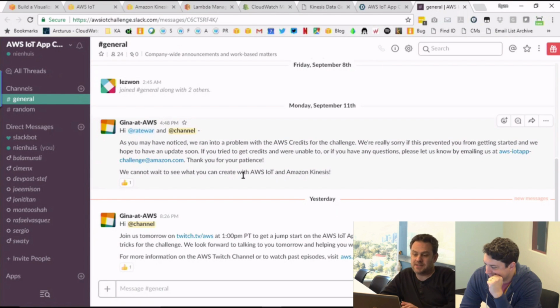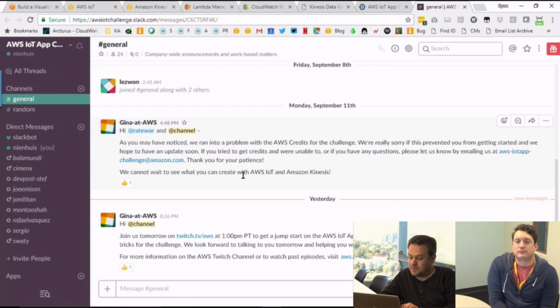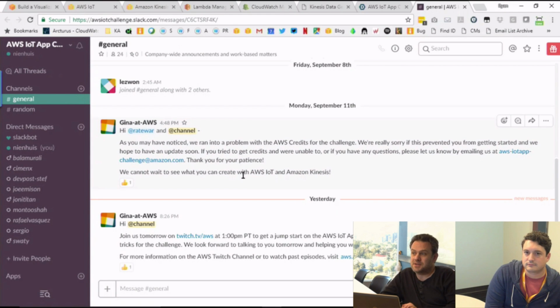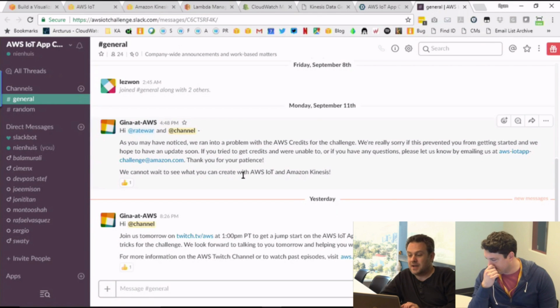And guys, the stuff we've covered today is applicable not just to the AWS IoT App Challenge. It's applicable right across your businesses and to a wide array of applications across your businesses. So I encourage you to think not just in terms of the AWS IoT App Challenge, but more broadly across your business, how you can use these services and technologies, how you can transition your businesses to serverless applications, as we've touched on today, and ease the burden of having to run and manage infrastructure as well.